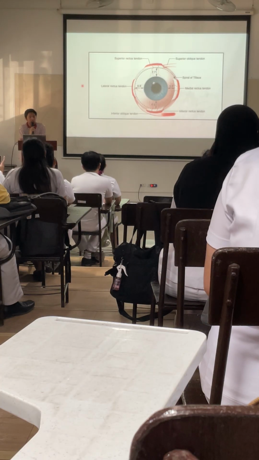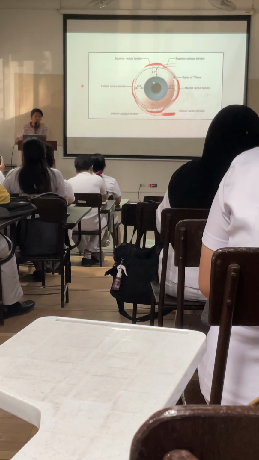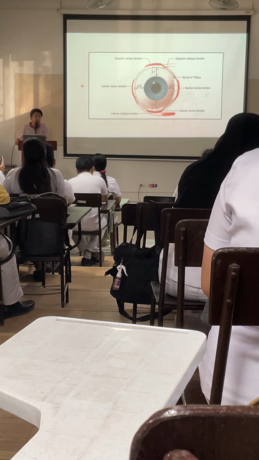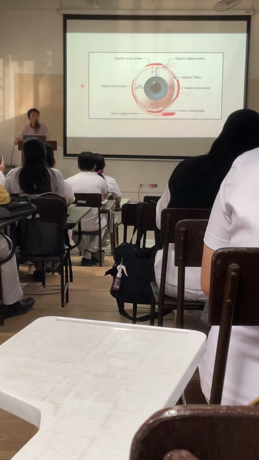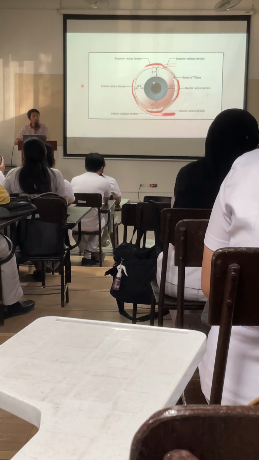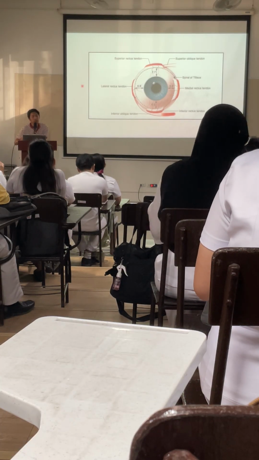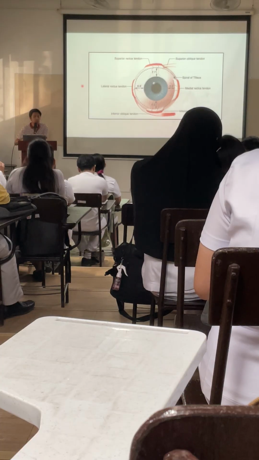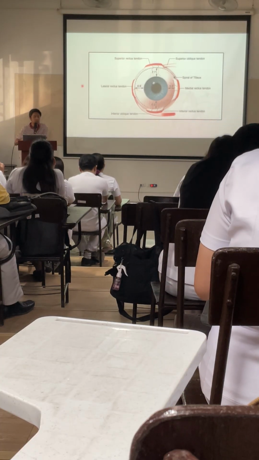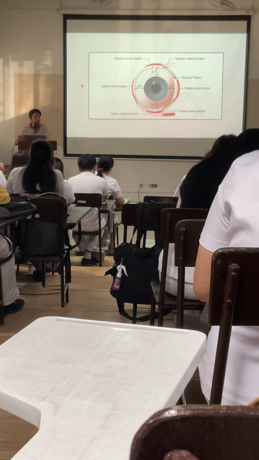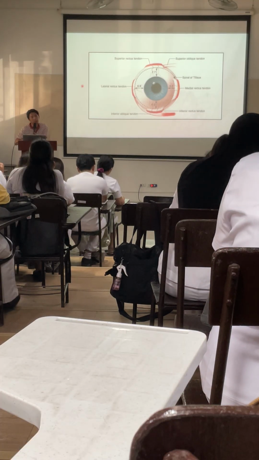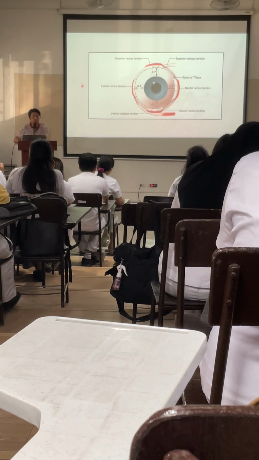So this is very important in surgery. When we do surgery, in order for us to locate the muscles, we don't just blindly dissect and explore. At least we have an idea where to locate these muscles. If patients have eye injuries as well, lacerations of the eye, depending on how long the laceration is, we would also expect damage to extraocular muscles.